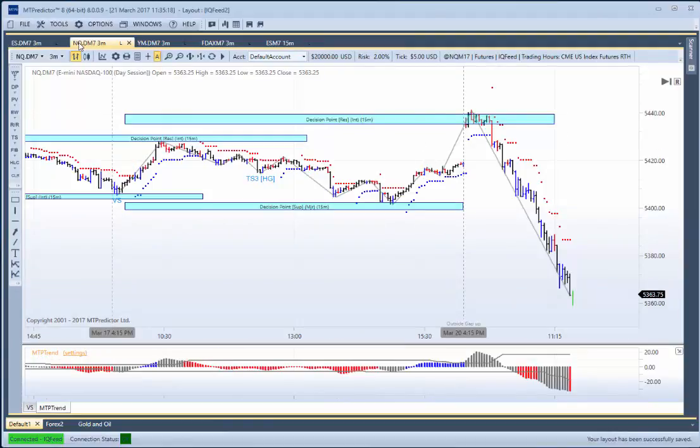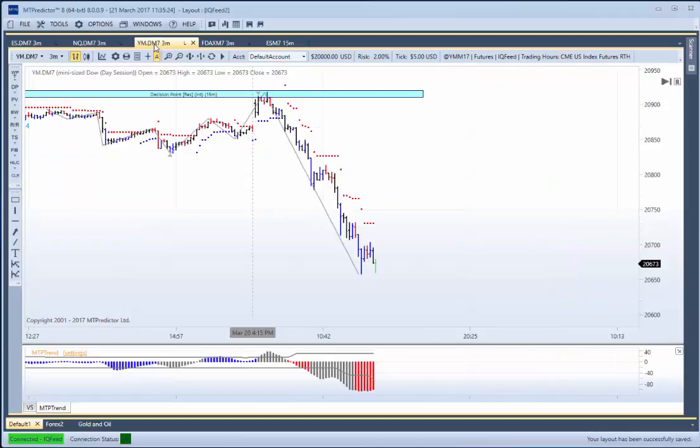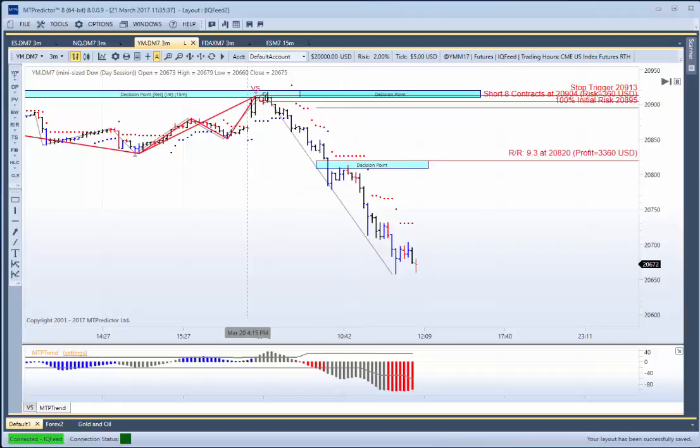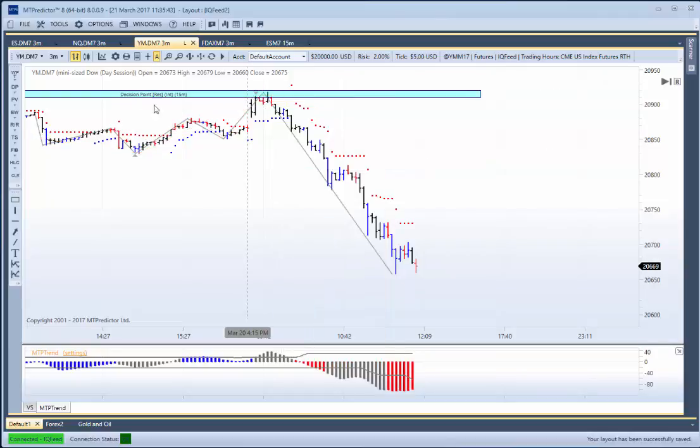If I look at the NQ, there was our resistance zone, exactly the same picture telling you the same story, nailing the high. Here's the YM, exactly the same thing, same picture telling you the same story, nailing the high. Slightly frustrating on the YM because there was the same trade setup here that you got stopped out from, a -1R loss. So if you traded the YM, that would have been a losing trade, which has been slightly frustrating because